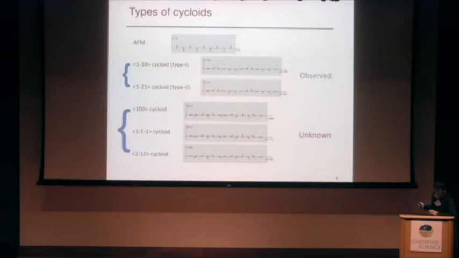Just to mention that in total, we have found 6 different types of magnetic structures, including the AFM and the type 1 and type 2 cycloids that were observed in experiments before. We also predict 3 new types of cycloids, which were not known before. The difference between these 3 new types of cycloids and the known ones is that if we sum up the 3 indices, it is an odd number instead of an even number, which means along the propagation direction, these 3 cycloids will be antiferromagnetic cycloids instead of the ferromagnetic